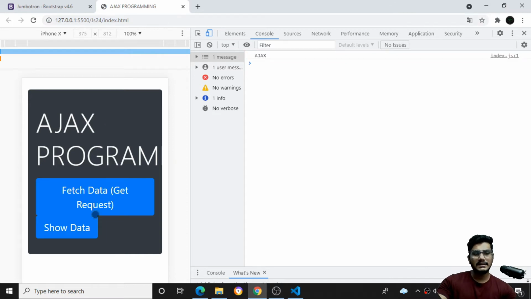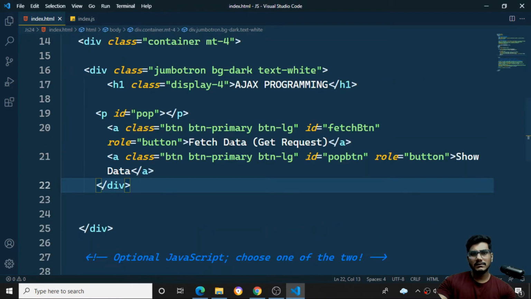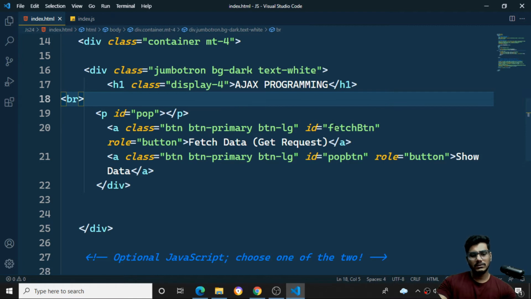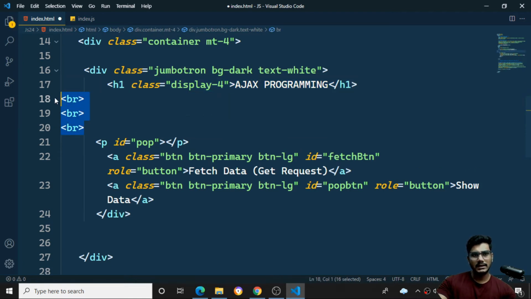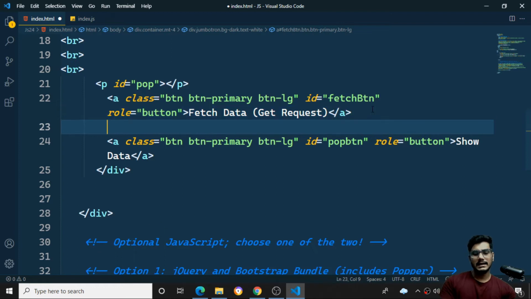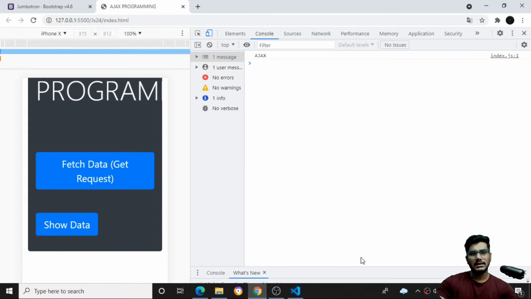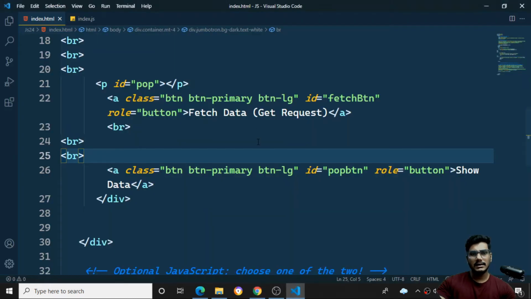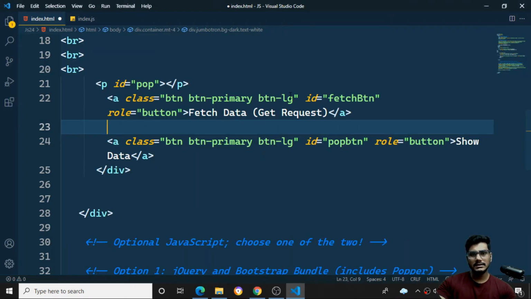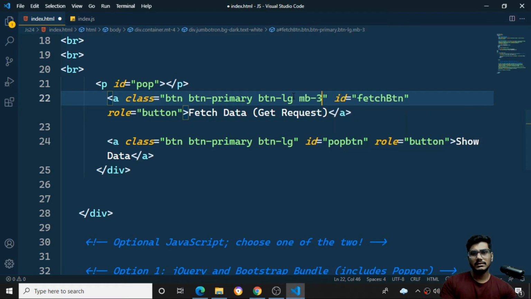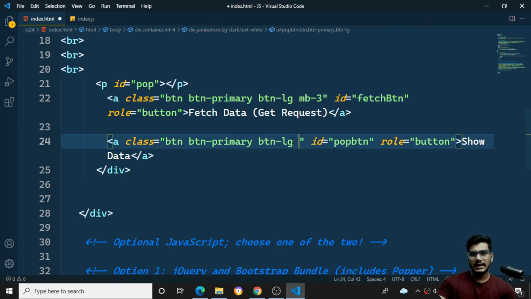Here you can see all the things are getting mismatched. So what I need to do here is give three br tags, and I'll just copy them, and after this anchor tag I want to give these three br tags. Once I do, it is coming in this fashion. And one more thing, the two things are coming in this particular row. I'll give the margin bottom a size of 3, and even for the margin top I want to give size 3.